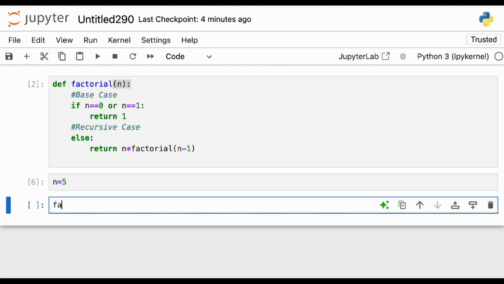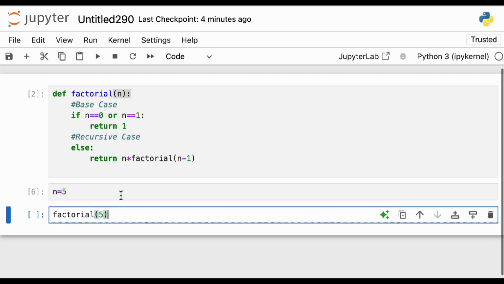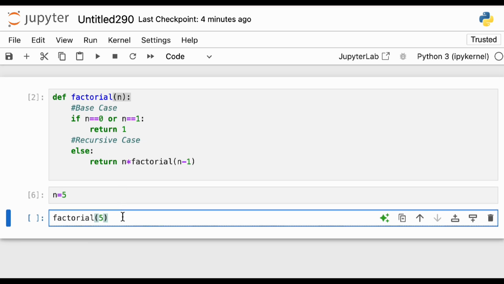So you will be calling factorial of 5. Once you call factorial of 5, it will say that factorial of 5 is equal to 5 into factorial of 4. It will say, to calculate the factorial of 5, just give me the factorial of 4.